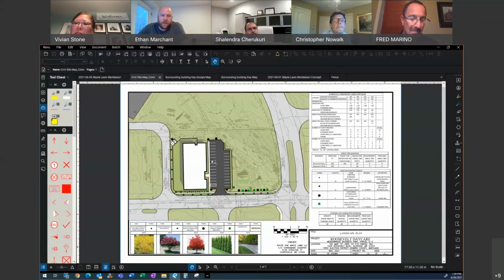But my other comment is piggybacking off of Bob's suggestion or request about finding ways to engage the unique attributes you have with this site, which is the wooded area, and how that can become a component in child's play. I'm wondering if you looked at taking this exact plan and mirroring it to put the playground on the open space rather than sandwiching it between a building and a retaining wall and street.